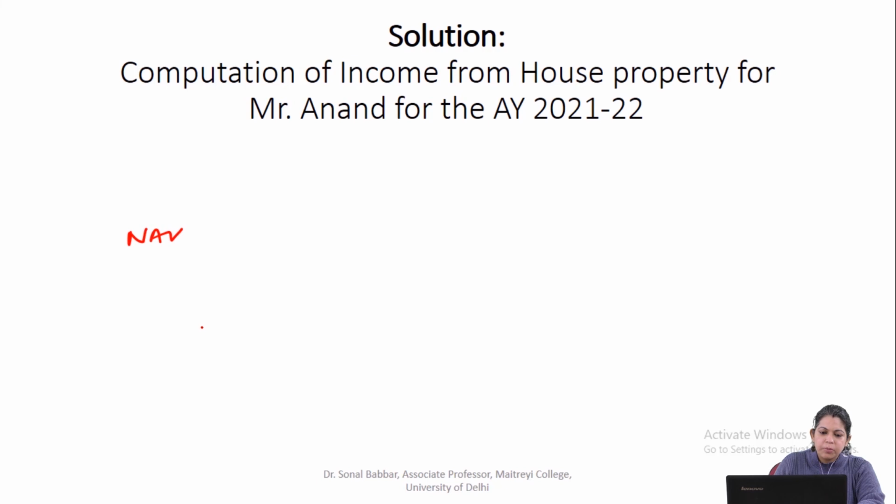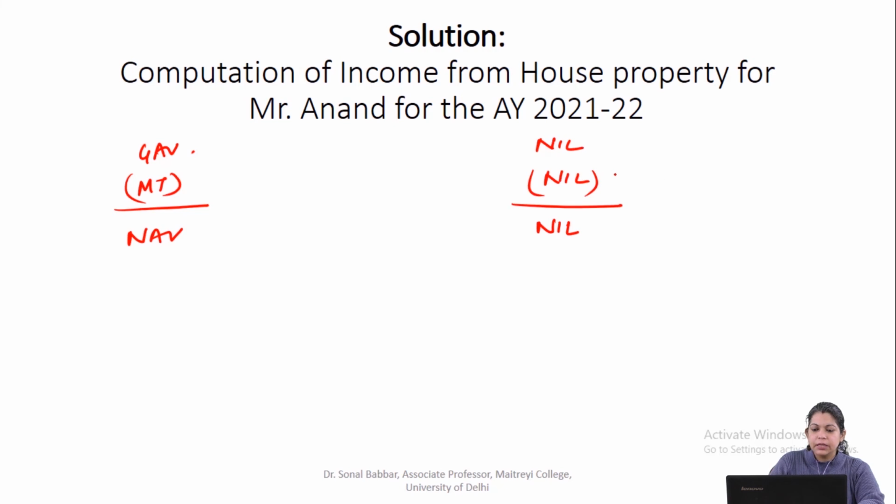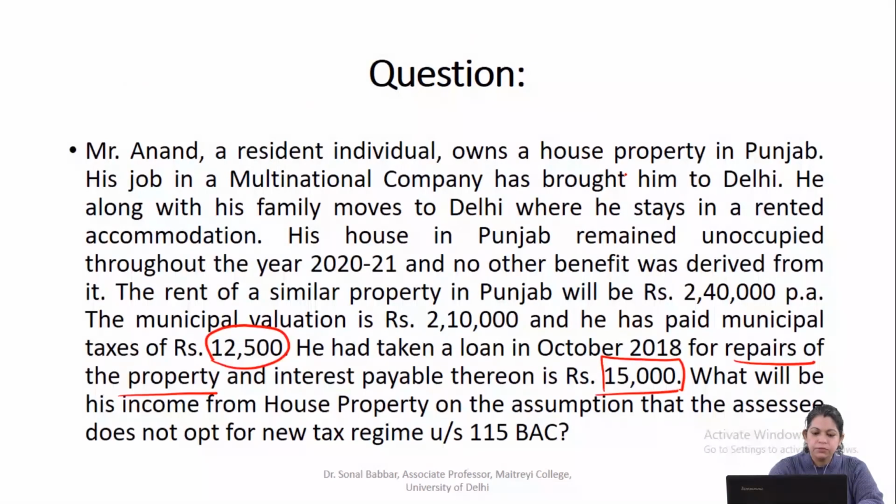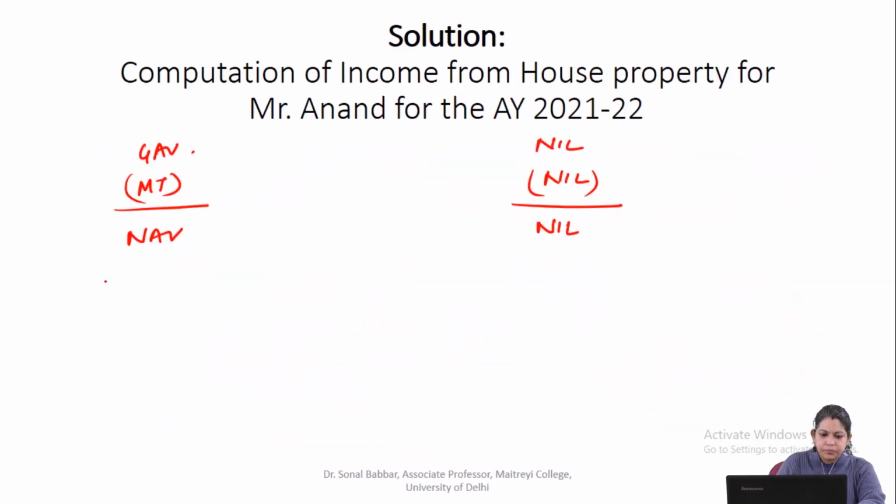As we see, this property was not occupied by him for his self-residential purposes owing to his employment. So this property will be considered as self-occupied and NAV will be taken as nil. So we have GAV, municipal taxes, NAV. Since NAV is nil, GAV and municipal taxes would also be taken as nil, even if the question suggests that yes, the assessee has paid certain municipal taxes, no deduction will be allowed in respect of that. So we are ignoring the figure 12,500, which is on account of municipal taxes. After this,